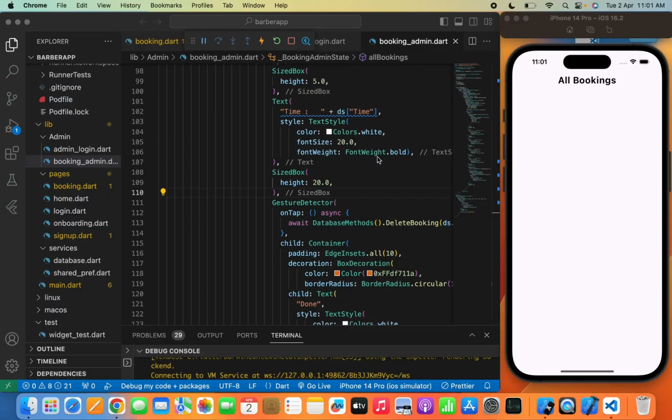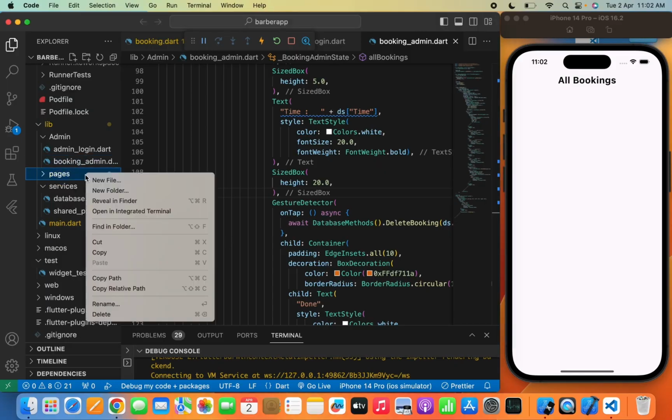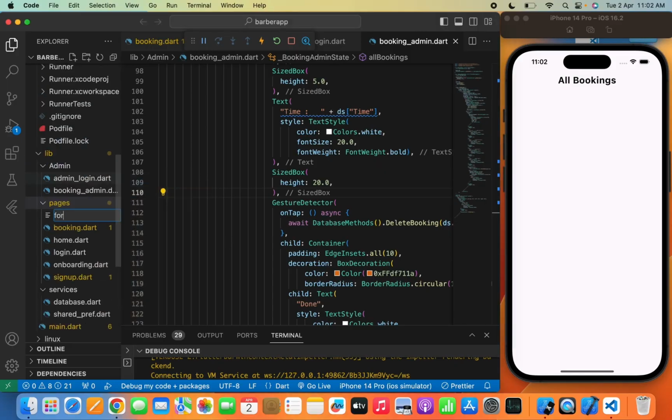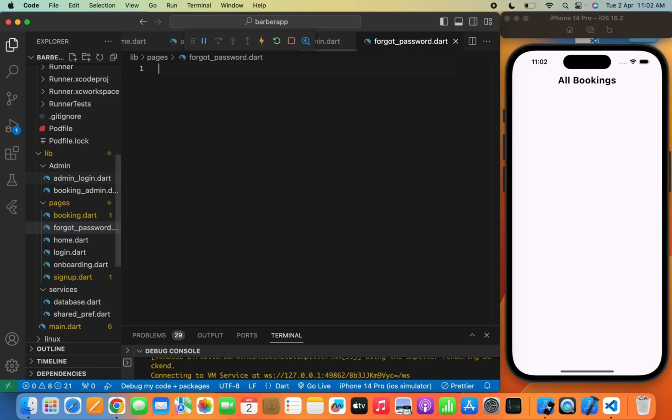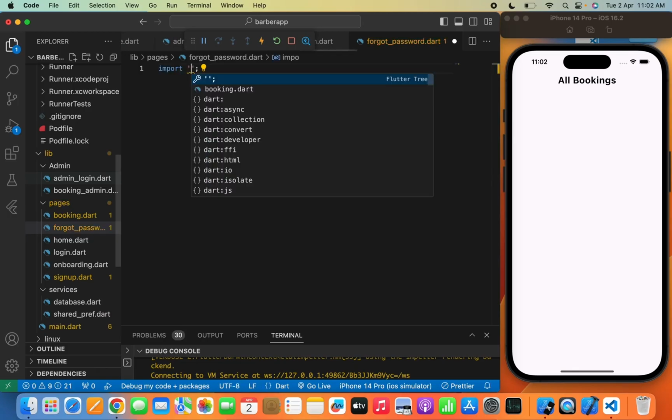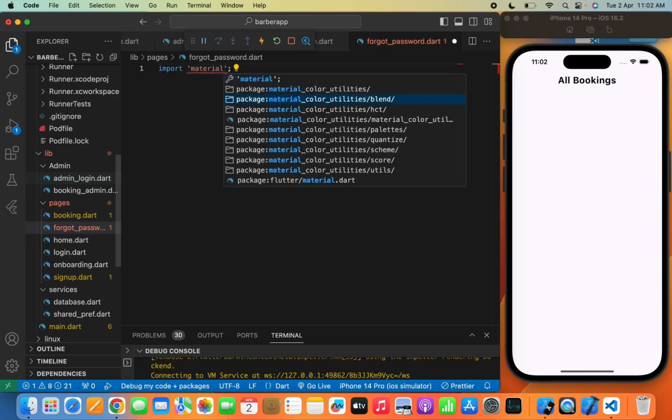The final segment of our Barber booking app series is the forgot password screen. We are going to first make the UI of the forgot password page, then we are going to add the backend for the reset password. So let's move to the pages folder and we'll create a new file named forgot password dot dart, and I will write import and import the packages here,